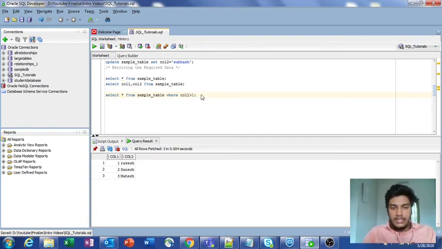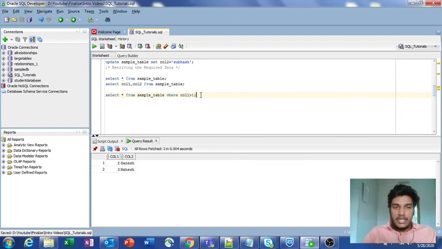Now I am saving it and running it. If you check, since the condition is column 1 value greater than 1, it excludes the record with 1 and returns column 1 values 2 and 3. We only have a total of 3 records in our table. That's why it only prints 2 records here: column 1 value as 2 and column 1 value as 3. Here we specified star, which is why it printed both column 1 and column 2.